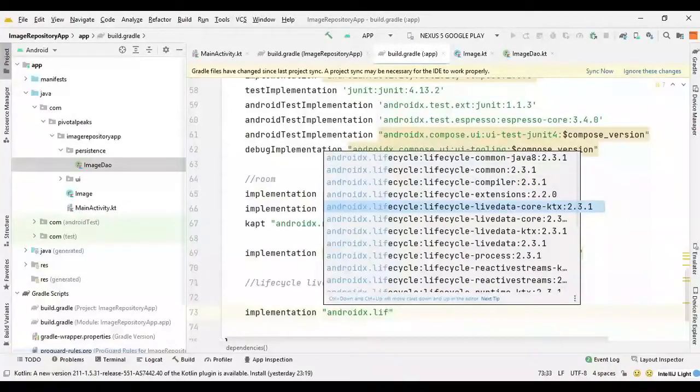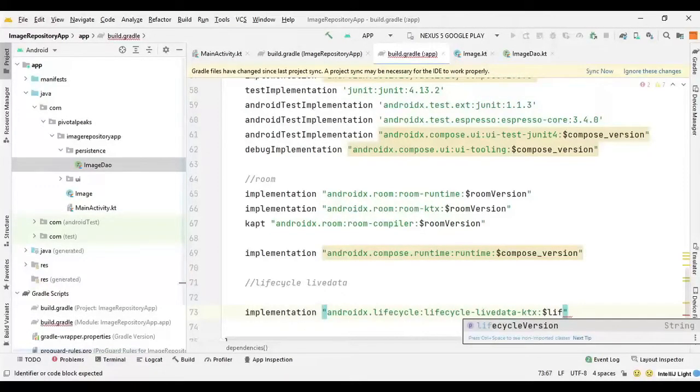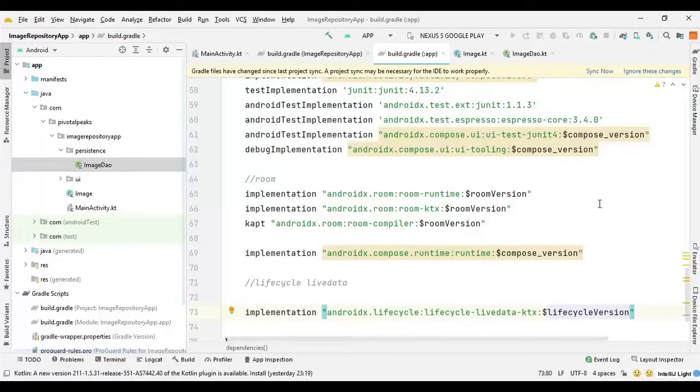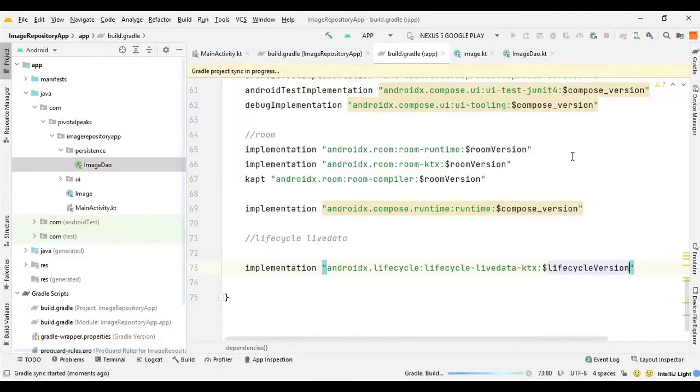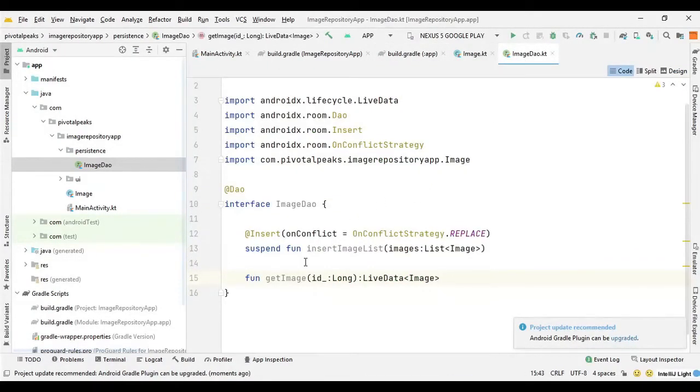We can choose the lifecycle live data KTX, and we can provide the version number here. So at $ sign and lifecycle version, and let's sync now. And let's get back to our DAO.